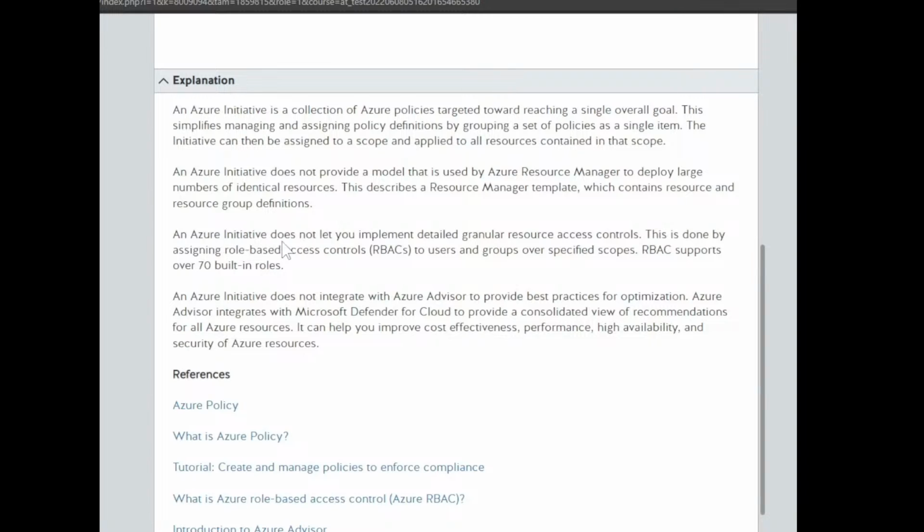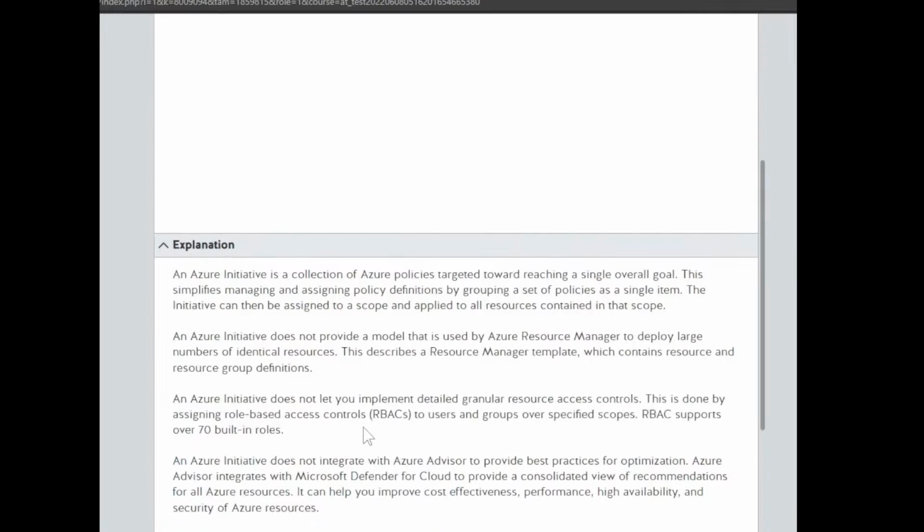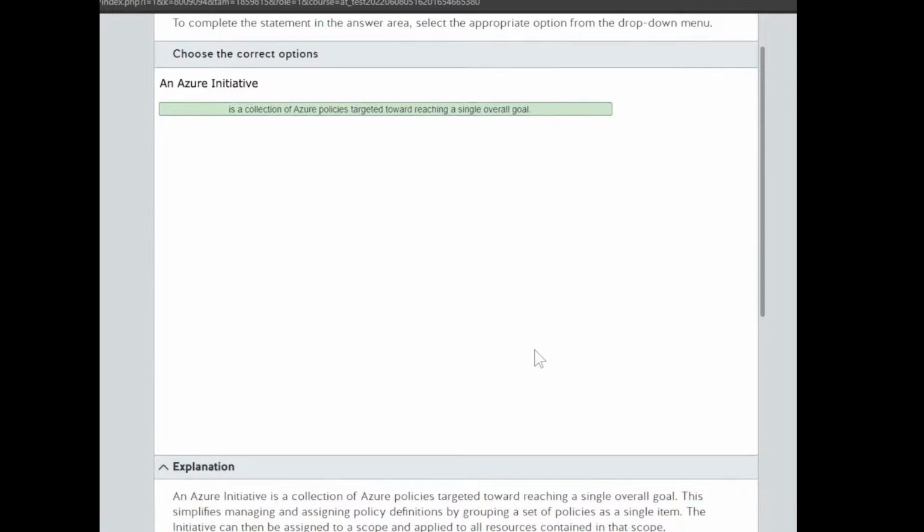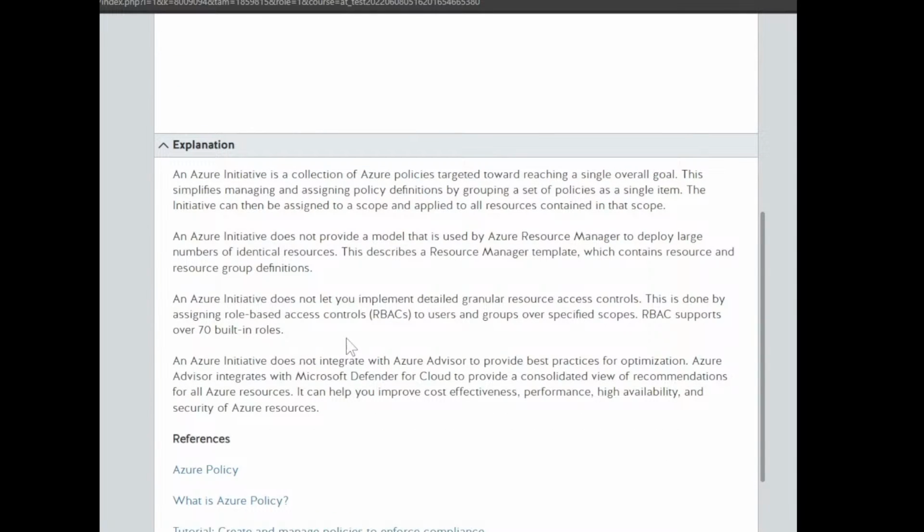So, an Azure initiative does not let you implement detailed granular resource access controls, which yun yung isa sa mga option kanina eh. Does not let you implement. Okay, so detailed resource access is done by assigning role-based controls to users, groups, and policies. So, policy, ano siya? Sinusunod mo lang siya.